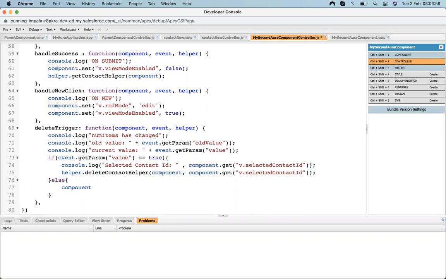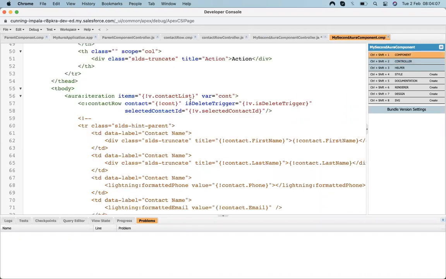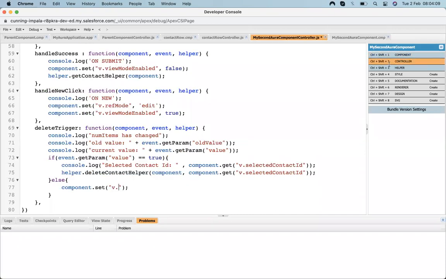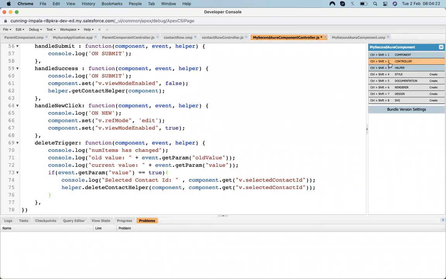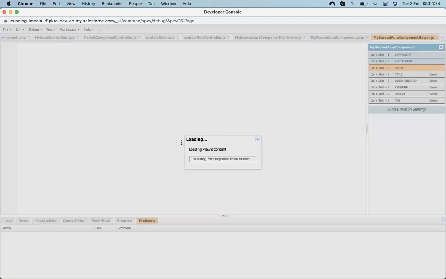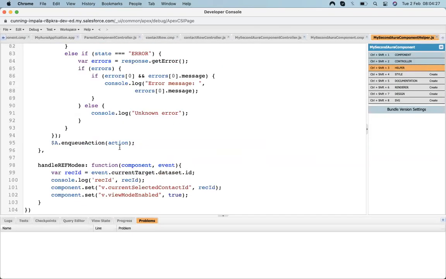Actually, we need to make that delete trigger false again since it's triggered. So we need to make it false. Make it here, make it in the helper. Once we get success, then it makes it false.